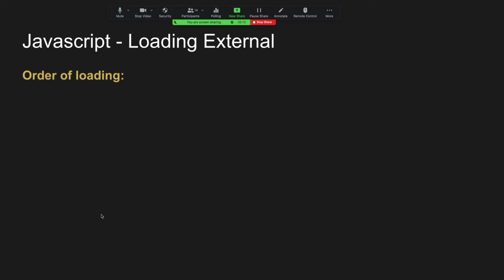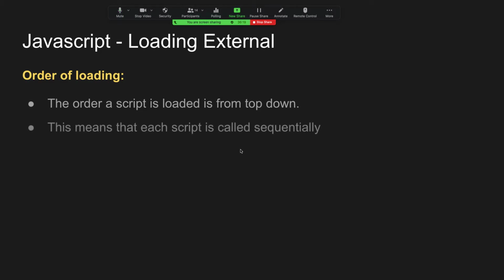All right. Order of loading. The order a script is loaded is from top down, just like a browser. So this means that each script is called sequentially. Okay? Think about what that means. When a script is loaded, it's called sequentially. So